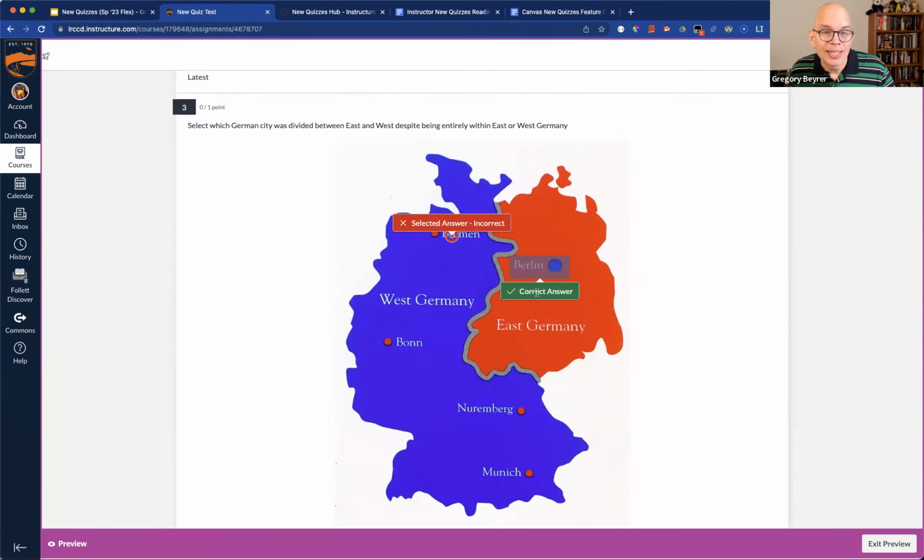So the hotspot, I'm sure you can imagine lots of ways to use a hotspot with your discipline. This is exactly the kind of question that I would ask in a history class when I talk about the Cold War. And I think it's interesting that Berlin was divided between East and West, and it was entirely within East Germany. And when the Cold War got less cold, more hot, whatever, there were several conflicts that